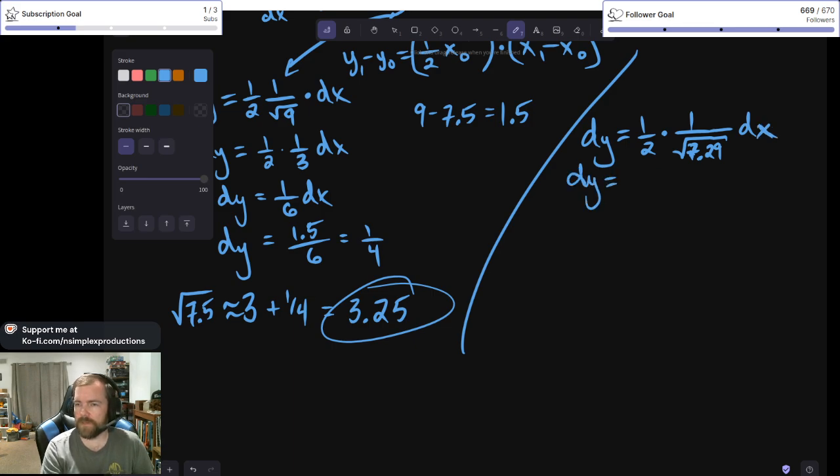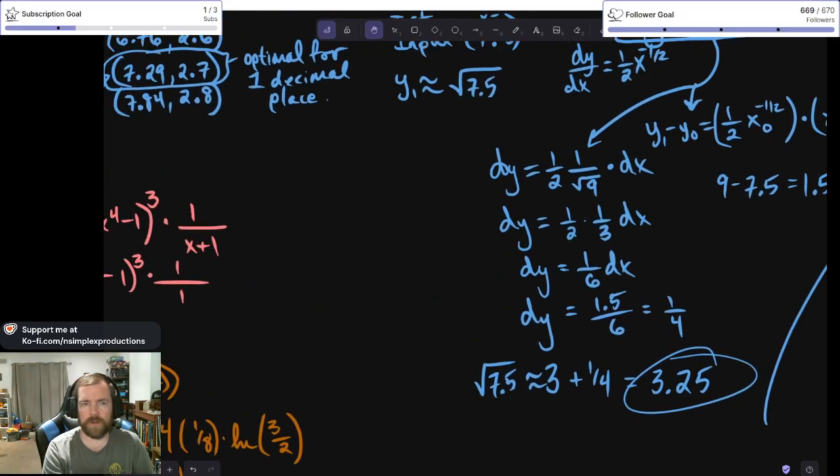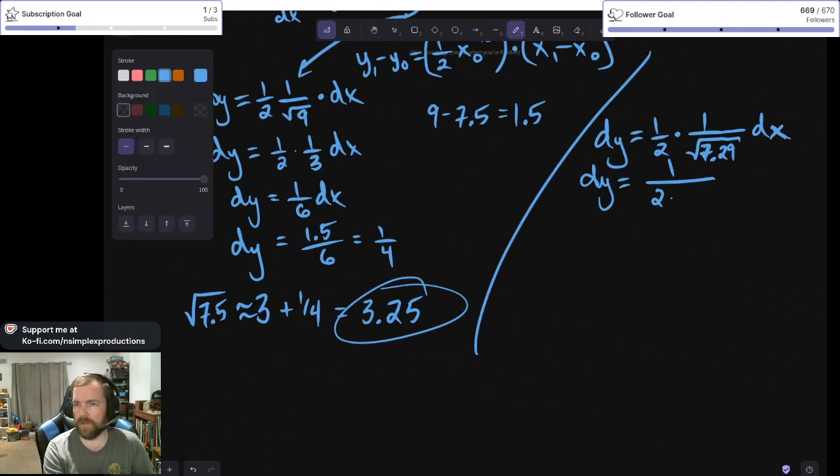Okay, dy is equal to 1 over twice root 7.29, which was 2.7, and that's going to be dx. This is going to be 1 over 5.4 times dx. Our dx in this case is going to be 0.21